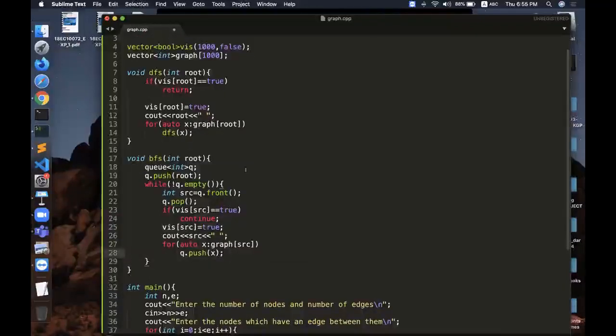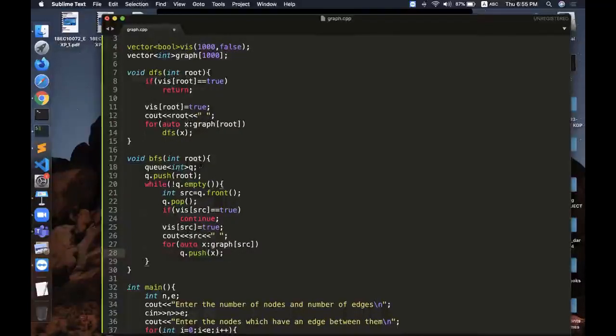Okay, so basically what I did was I called my BFS function from the root, then I pushed root into the queue, and then I checked if my queue is not empty. Then I saw the front element of the queue, and I popped that element out from the queue, and then I checked whether that front element is already visited. If that front element is already visited, then I didn't do anything.